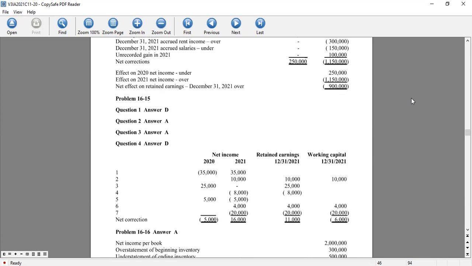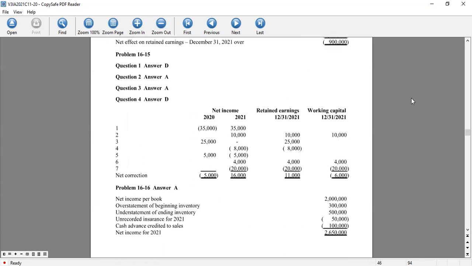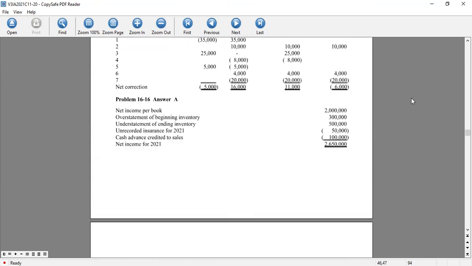Question number 2, the answer is A, that's 16,000 understated. Question number 3, the answer is A, 11,000 understated. And question number 4, on working capital, the answer is D, that's 6,000 overstated. Then we go to number 16. What amount should be reported as net income for